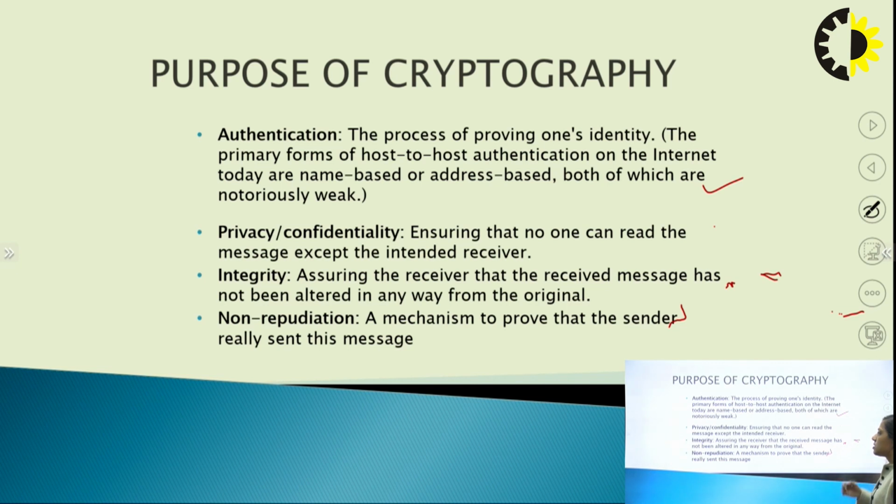Next, it provides us privacy and confidentiality. What is privacy and what is confidentiality? Whatever data we are using online, for example, when we upload any information on online Google Forms or any application on any website, that should be kept as confidential data. It should not be accessed by any person. To provide privacy and confidentiality, we use cryptography.